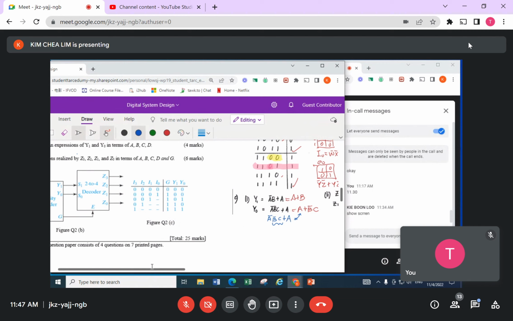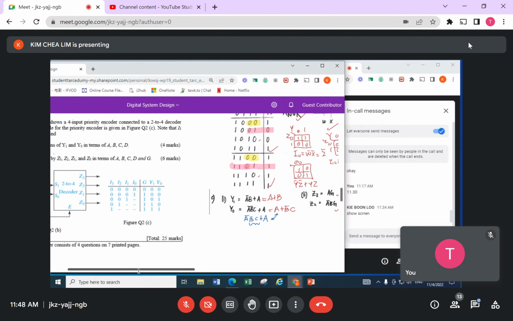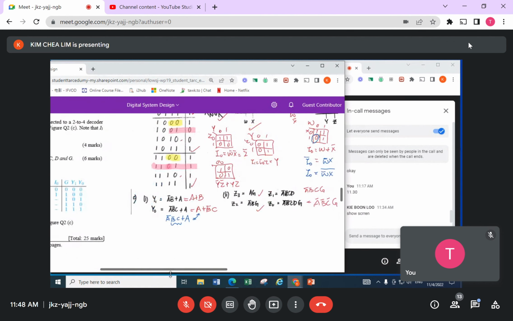Subsequently, this Y1, Y0 becomes the inputs to my decoder. So my Z3 and Z2 may somehow be affected because of these simplifications. So now my Z, let's double check again. So my Z3 now. This one here only gives the final answer. So maybe we work out our Z3, which is the same as,